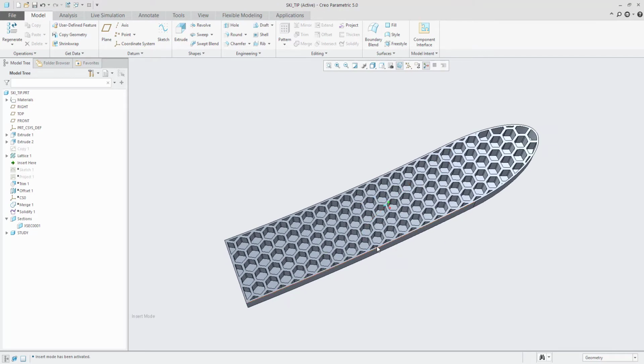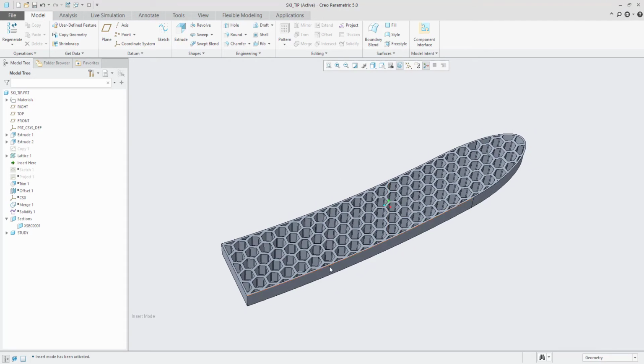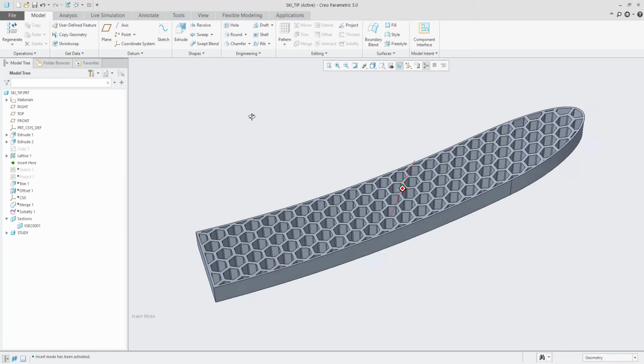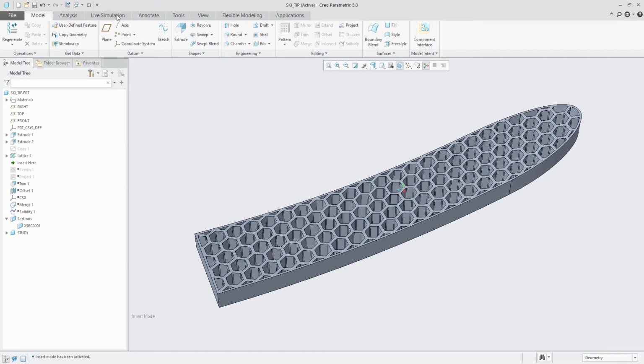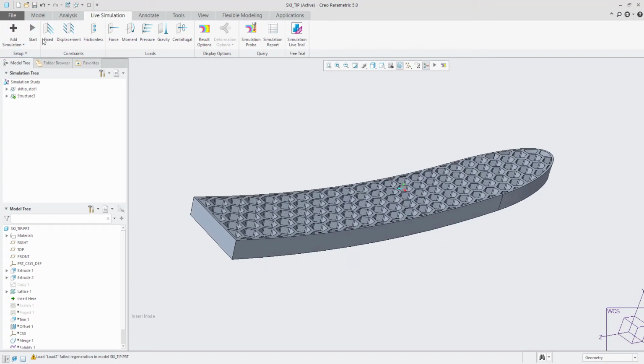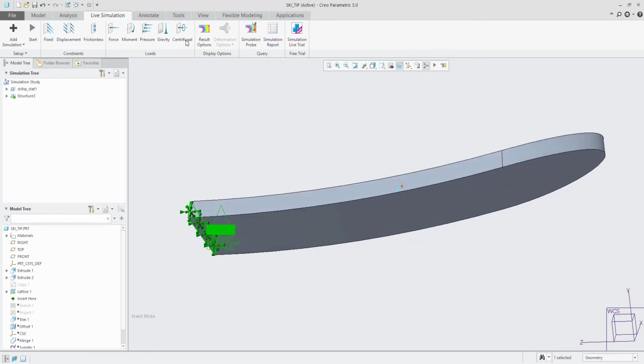And this is a perfect example of where Creo Simulation Live can come in and help us provide design guidance and feedback. It's perfect for this because it exists right inside the design environment that I'm using to create this model. So I just move over to the Simulation Live tab and start my analysis. What I'm going to do is set up a simple test case where I put some force up under the ski tip,